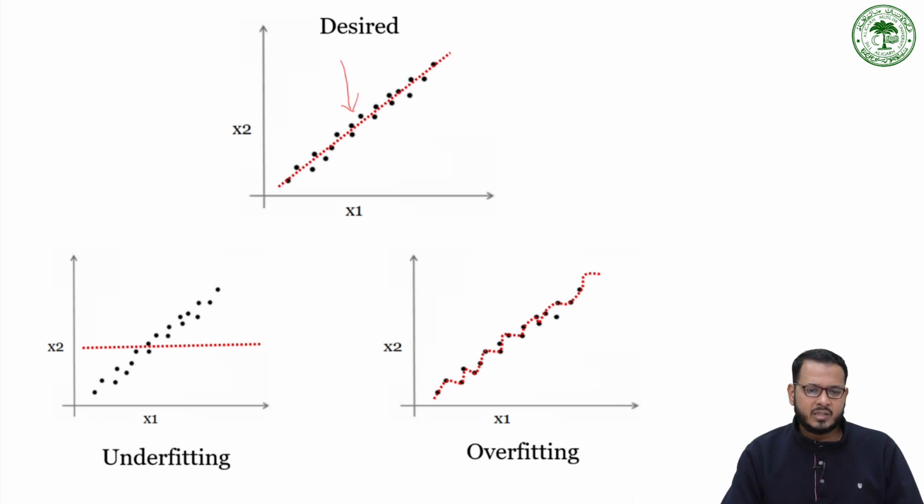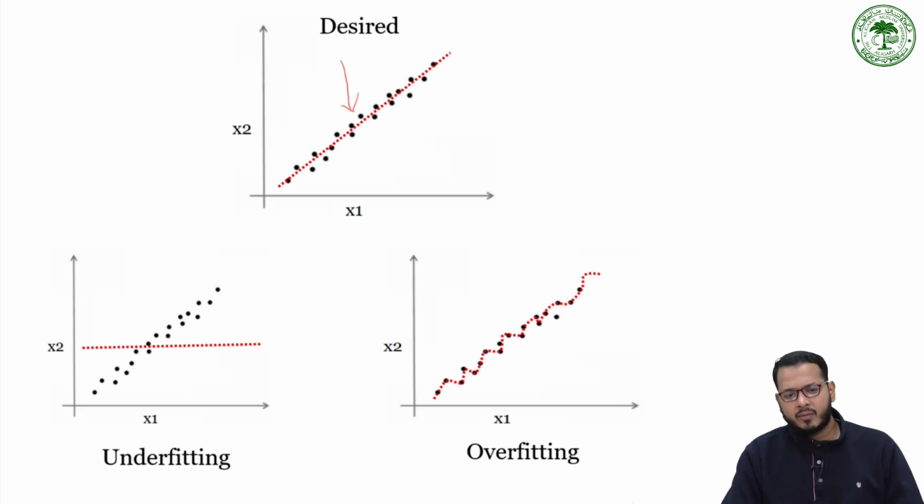On the left side, you see the problem of underfitting, where our data is complex, but the model considered is relatively simple. In fact, it is the equation of a line, a constant line. On the other hand, you see the problem of overfitting, where we are not trying to identify the relationship between x1 and x2, but we try to fit the data so hard so that there is no room for